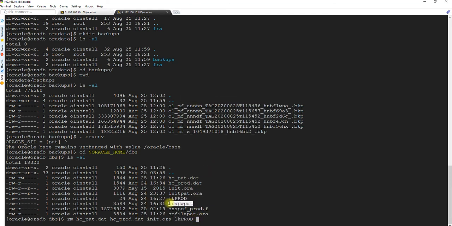We can delete this password file as well. Why we can delete it is because during the restore the password file is not restored. There is no backup of the password file, so this has to be done manually. I'll show you how it's done. We will need to go to the primary and then scp the file to this specific location and change the name. So we will remove this as well.